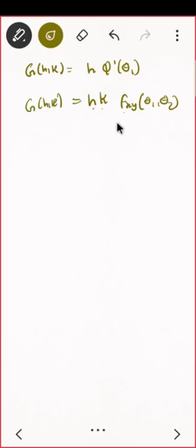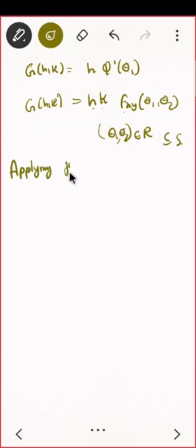Can I similarly do the same procedure, but now we will start first with u and v? Then can I get it in terms of fyx? Correct? Where theta 1 and theta 2 belong to r. Correct? Now apply the same procedure. I want to have fyx. Applying the same procedure to the function.